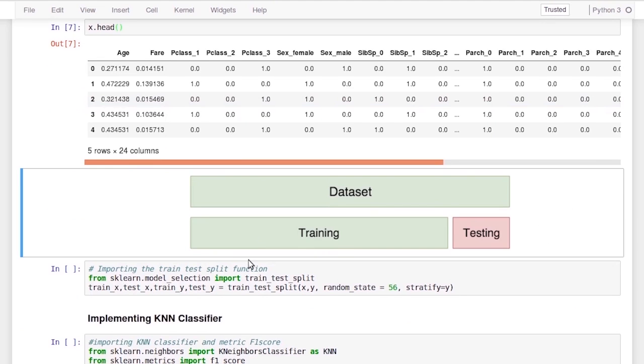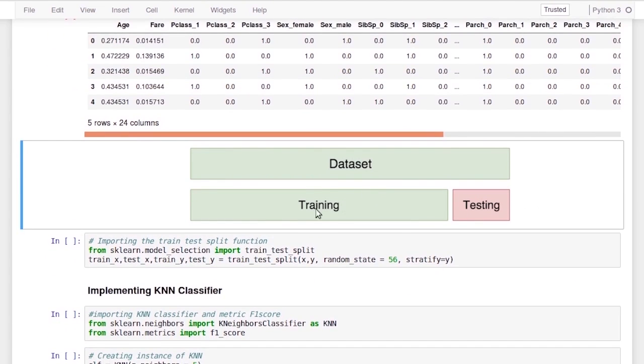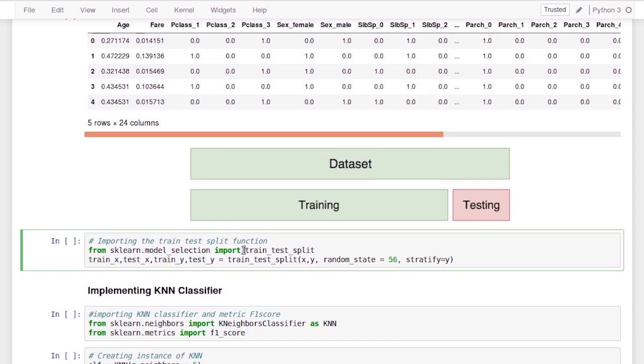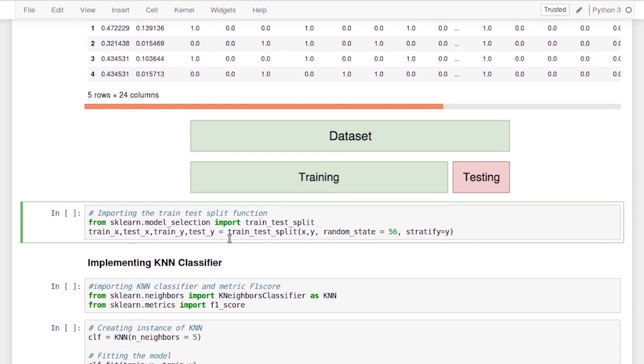The next step would be to divide the complete dataset into the training and the test part. So the idea is to use some part of the dataset to train the model and keep a small part aside to check the performance of the model at the end. So we use the train test split function for this, and to the train test split, we give two datasets, X and Y. X is all of our features and Y is the target. This returns 4 data frames, which will be train X and train Y, the features and target for training, and test X and test Y, the features and the target.